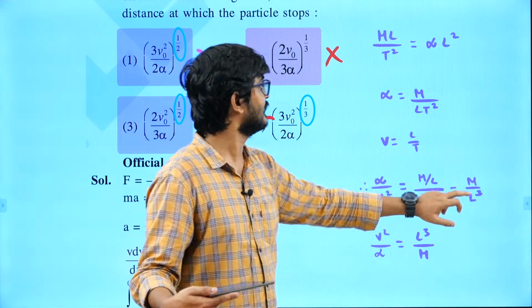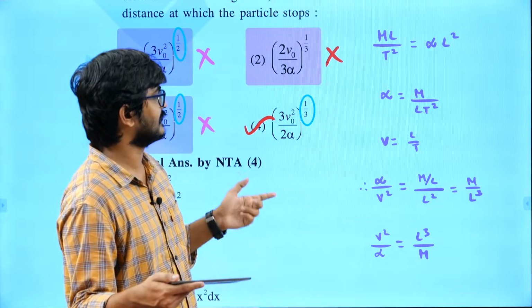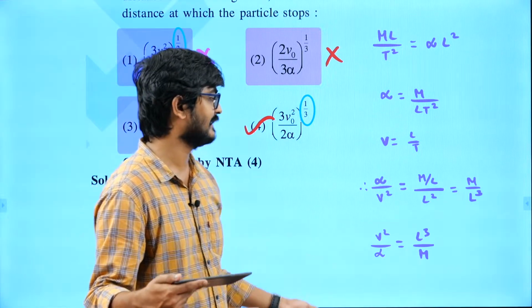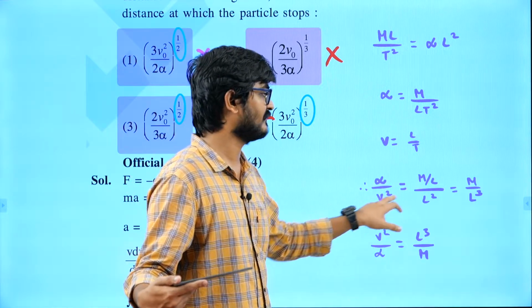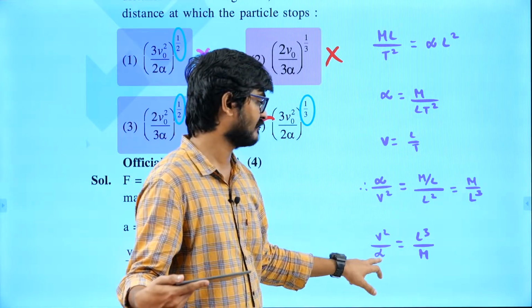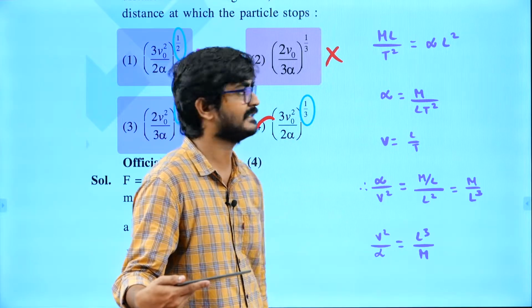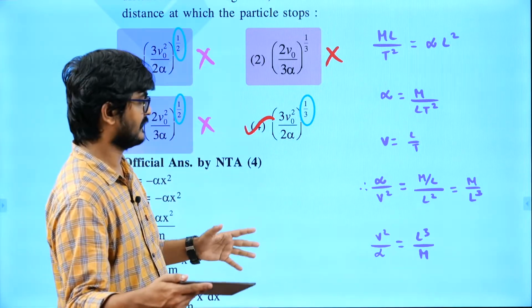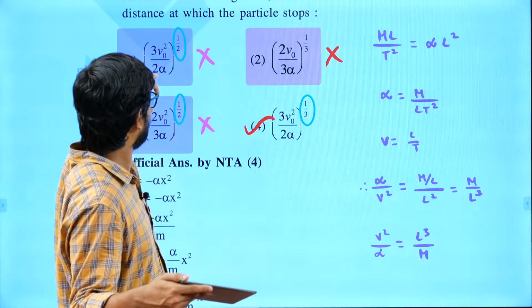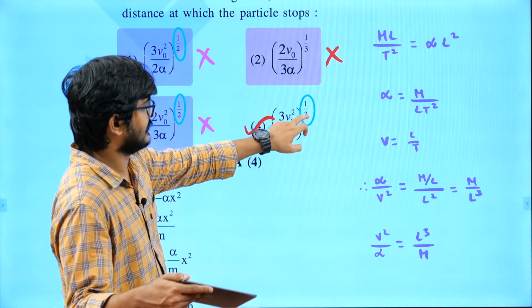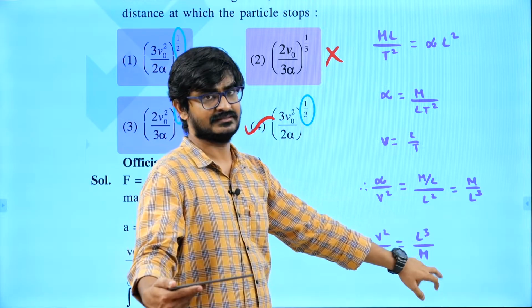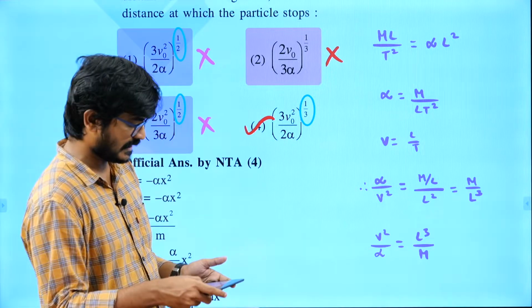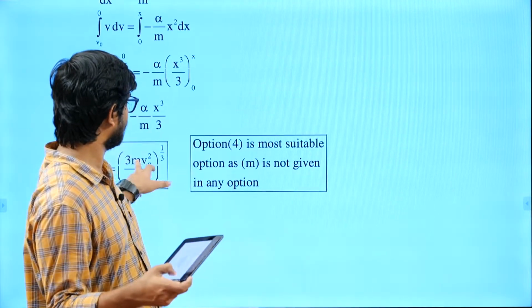But what I need to do is make it a dimension of length. There is no way I can do it, but at least let me see how to get the dimension of length. If alpha by v square is m by l cube, then v square by alpha will be l cube by m. If I take whole power 1 by 3, then v square by alpha whole power 1 by 3 will be giving length, but some mass dimension will be there, mass power 1 by 3. Now if you look at the solution, in the solution also they are getting mass power 1 by 3,